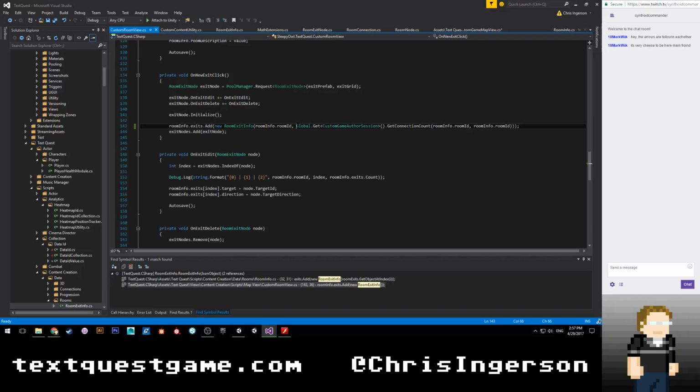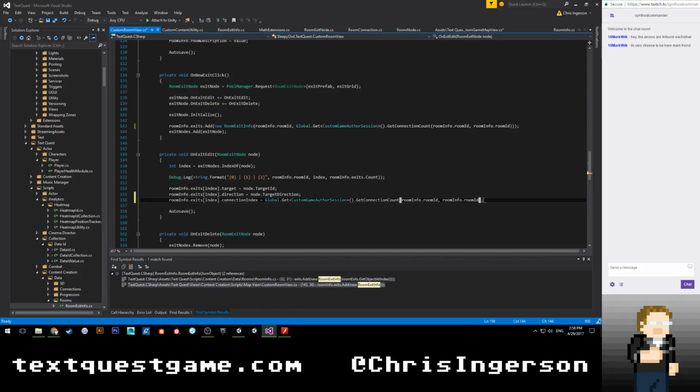We're just going to have to basically keep doing this though. So I'll have to say room info dot exits index dot connection index is equal to this, but instead of targeting the same one, it's going to be node dot target ID. All right. So now that we have that,